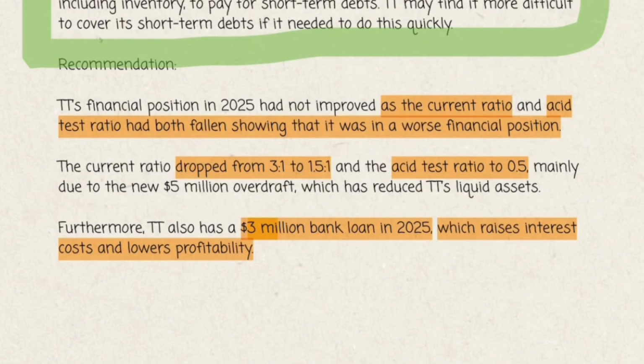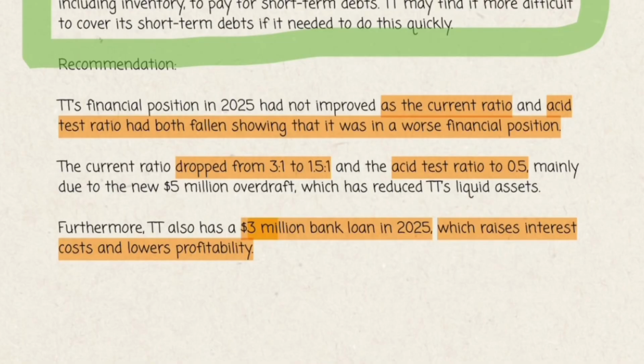And you may have realized that the $3 million bank loan in 2025 does not appear anywhere in this text, which violates Rule 4, which is avoid new knowledge points. Now, I cannot find anything in the official documents from Cambridge saying you cannot use new knowledge points in paper